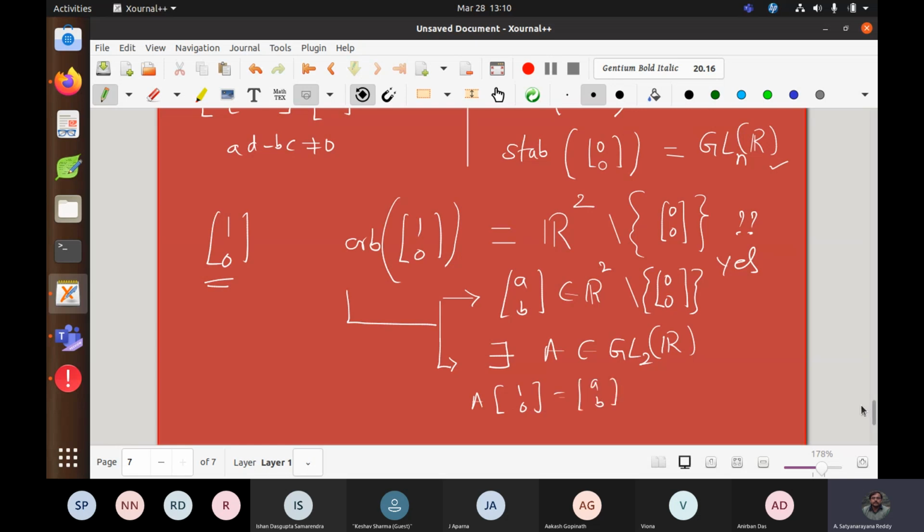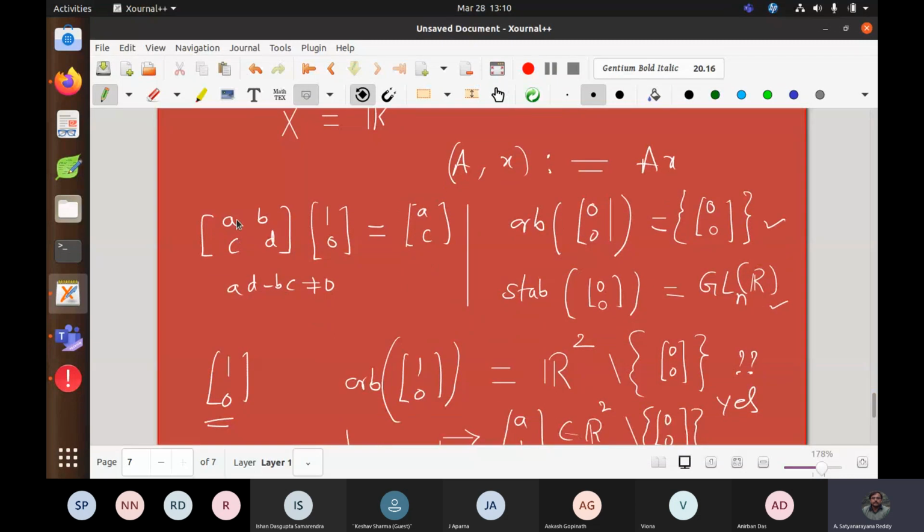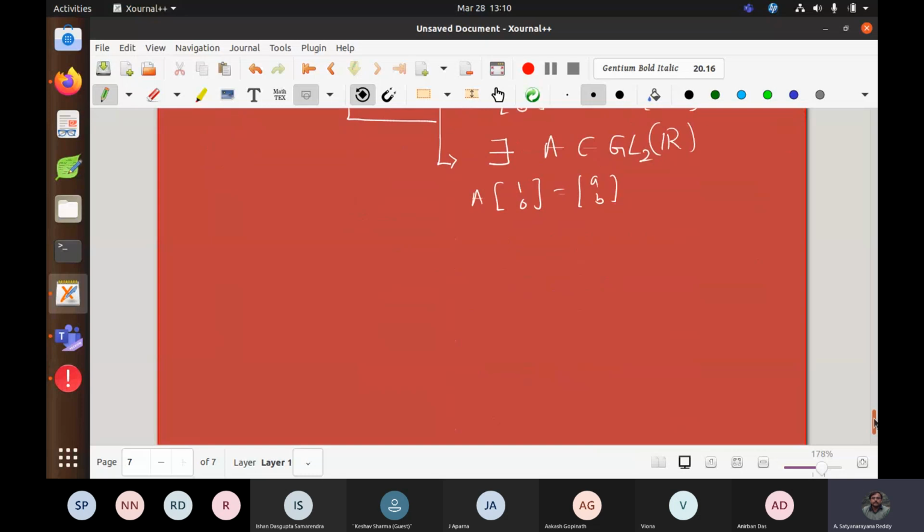So the first column we take just (a, b). That's the reason I asked this question in the very beginning: multiplying A, B, C, D by 1, 0, you get the first column. So now there is no choice for me. This has to be (a, b) here. Now if I multiply by 1, 0, I automatically get (a, b). There is no problem. But now the question is, what are these other two entries? I can take anything, but what is the requirement? It's non-zero, AD minus BC.